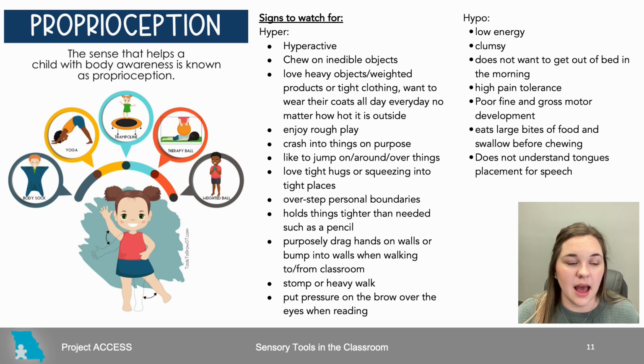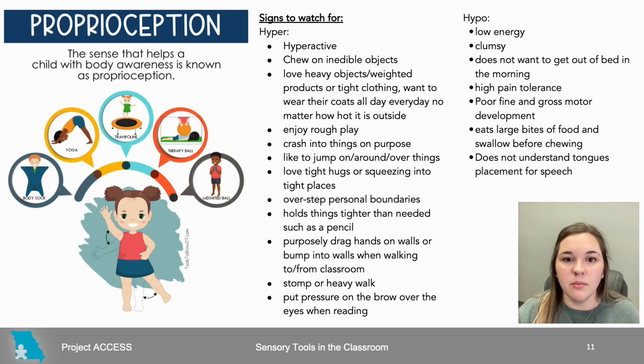Proprioception is the sense that helps a child with body awareness, and it helps them know where their body is in space. So if they have hypersensitivity, they may be hyperactive, chew on objects that are not meant to be chewed on, love heavy work, enjoy rough play, crash into things on purpose, like to jump around, overstep personal boundaries, purposely drag their hands against the walls and down the hallways, stomp or heavy walk and put pressure on their brow, like right here when they're